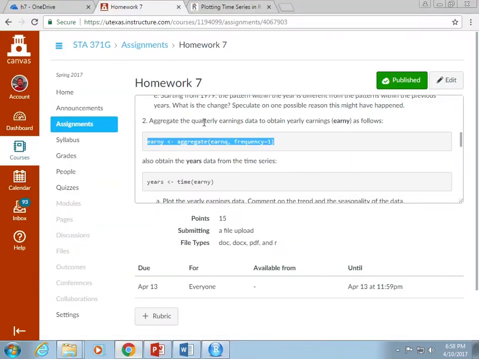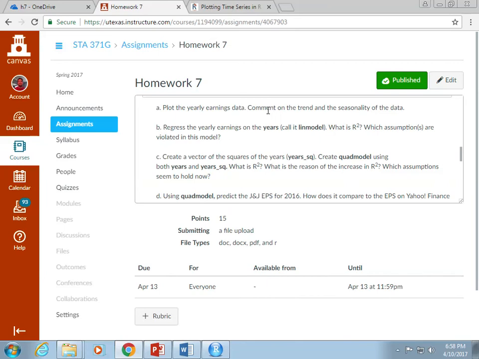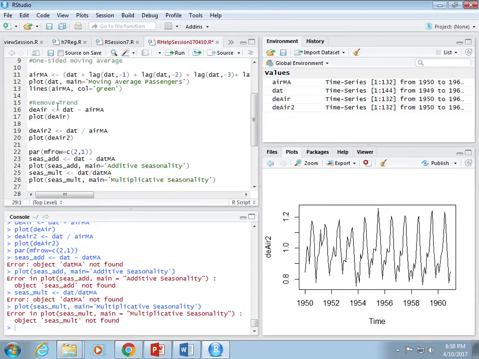And then the question asks us to regress the yearly earnings on the years and call a linear model. So essentially, we want to make